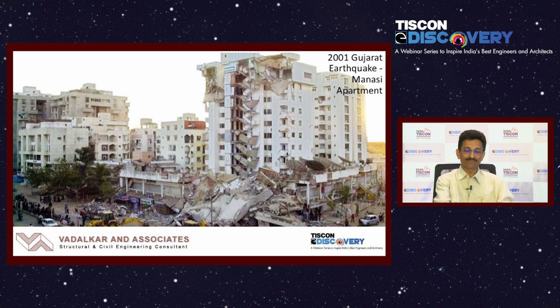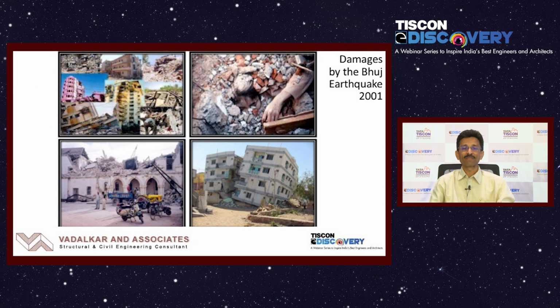And surprisingly, in some places we noticed that no plinth beam was provided, and that also made the building very vulnerable, because the foundation is maybe about 10 feet down from the ground level, and if you avoid the tie beam, then the column height becomes almost 20 feet because you have the stilt parking there. That's how the damage occurred for some high-rise or multi-story buildings in the Ahmedabad area. These are some photographs from the Bhuj earthquake of 2001.